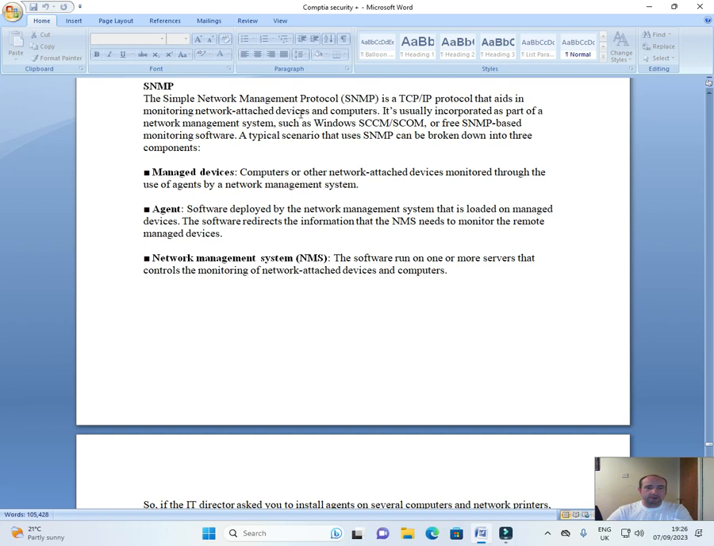SNMP, the Simple Network Management Protocol. SNMP is a TCP/IP protocol that aids in monitoring network attached devices and computers. It's usually incorporated as part of a network management system such as Windows SCCM, SCOM, or free SNMP based monitoring software. A typical scenario that uses SNMP can be broken down into three components: managed devices,